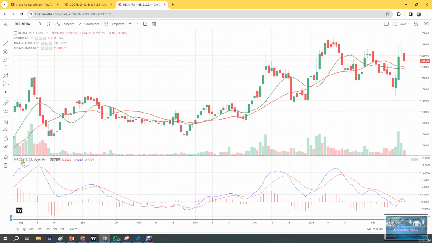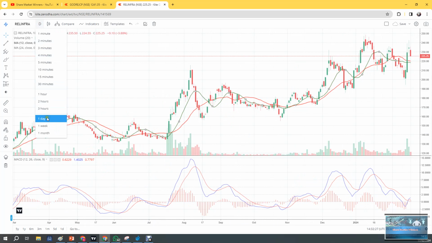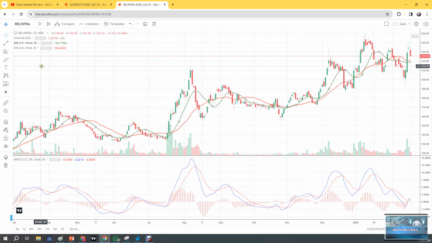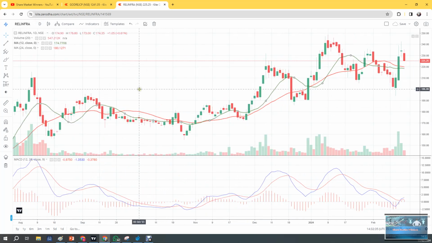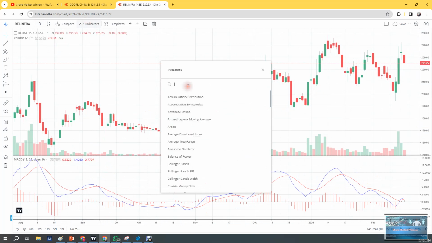And I also added the MACD. I have not changed any setting for the MACD, just kept it as such. So you'll be able to see a similar pattern in the November month, where there is a confirmation to buy this stock, but however there is a decline, and it is giving an indication to come out. Whereas in the other one which we have seen, the simple moving average, it has given a very good indication of holding for a longer term. Okay, there are slight differences with the indicators which we use. So based on that, we will be able to easily identify the